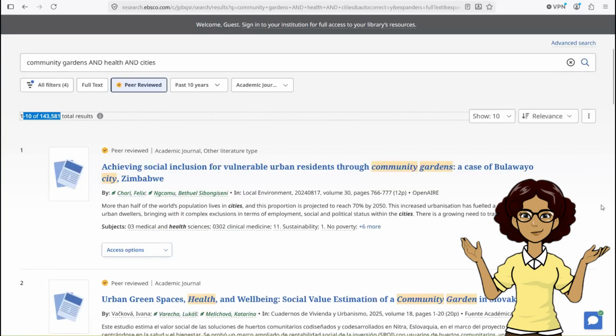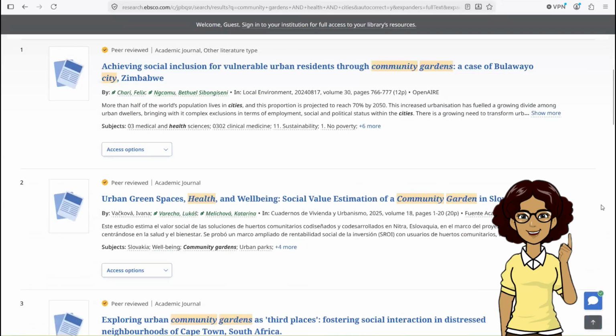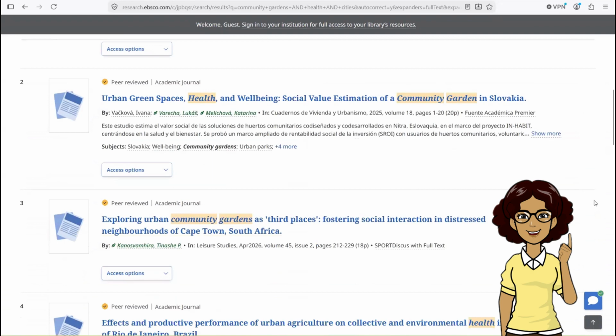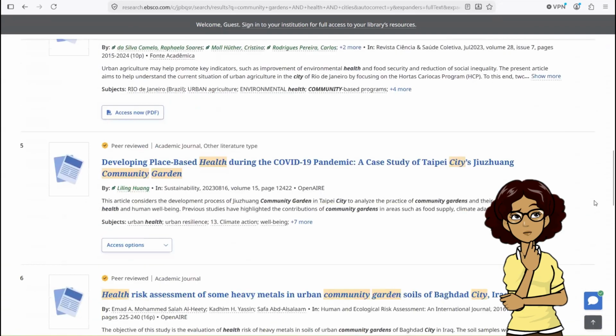And as we scroll down, we're seeing some articles that are within what we're talking about. And we can pick one that is most interesting to us and relevant for what we're talking about. Like say